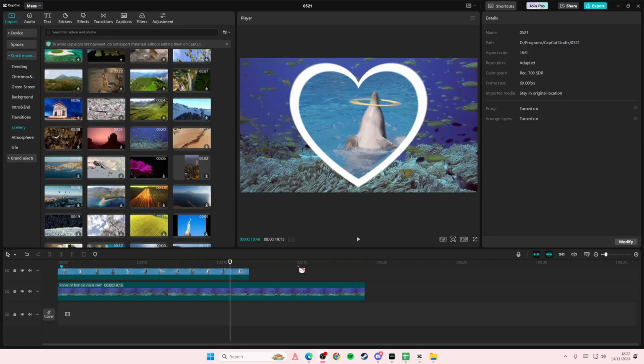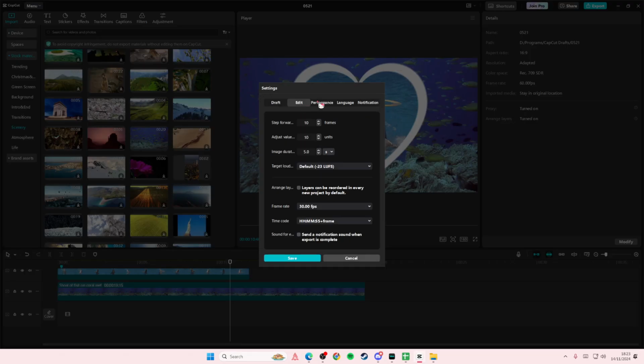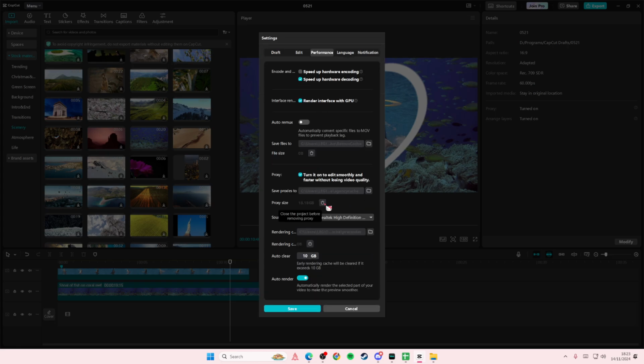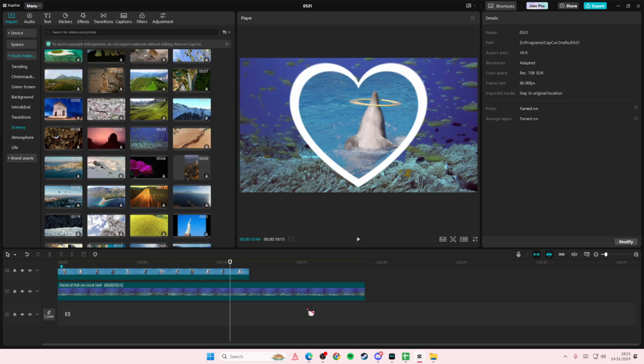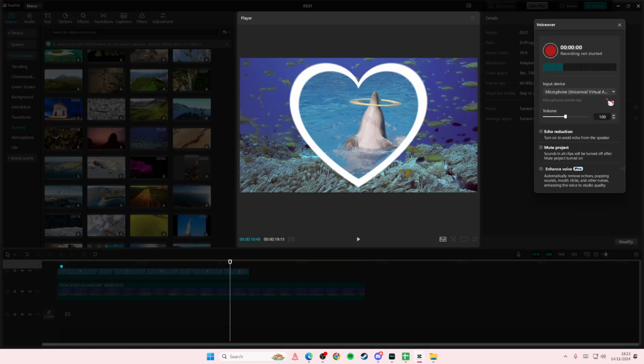In this video, I'll be showing you guys what you can do if there's no audio found on CapCut PC. Go to menu, go to settings, go to the performance tab and go to sound output and make sure you selected the correct sound output. Then press save, and also if you're voice recording, make sure you selected the correct microphone for it as